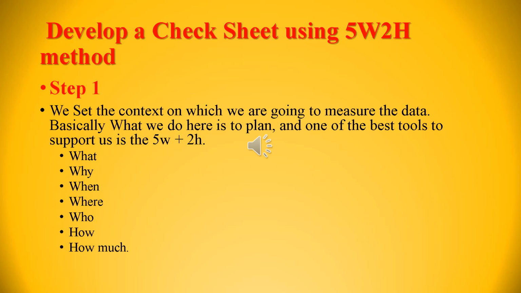Now I am going to give a brief introduction to the 5W and 2H. The first one is what: what will be done, what you are going to do. That explains the action steps, the description of the process. Next is why: why will it be done? You have to give the justification or reason for the purpose.